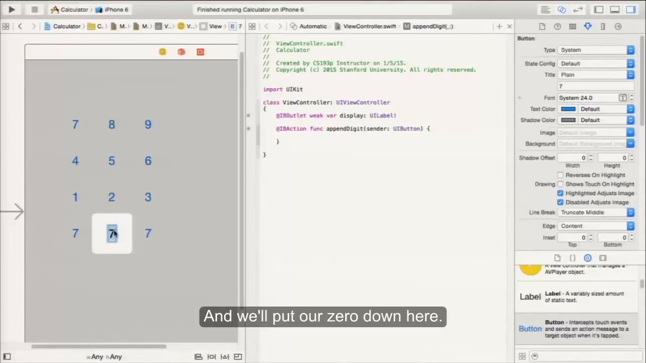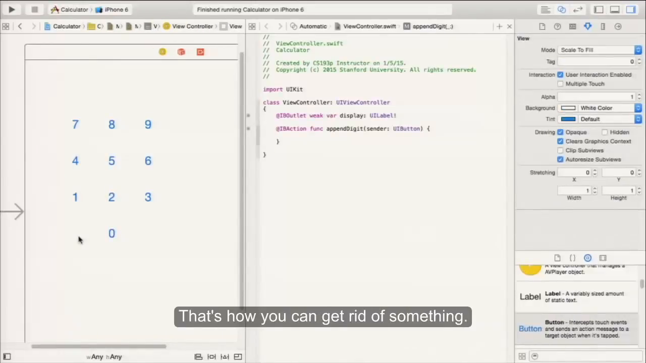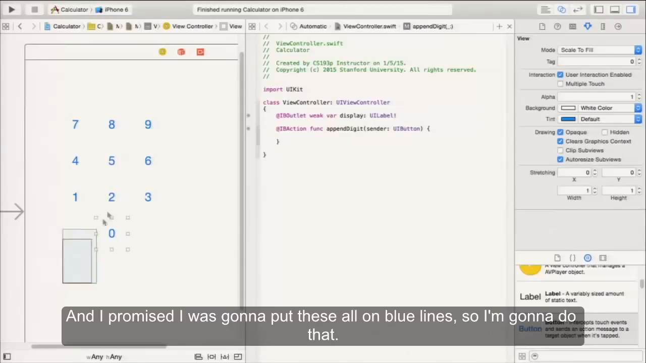And we'll put our 0 down here. And I don't need this button, so I'm just selecting it and hitting delete. That's how you can get rid of something. And I promised I was going to put these all on blue lines, so I'm going to